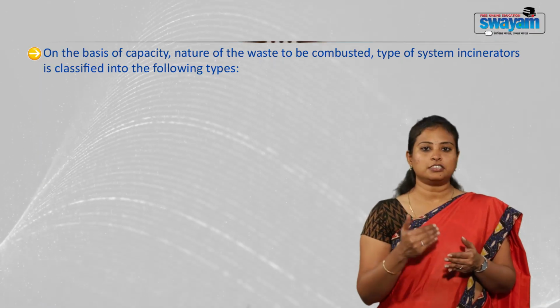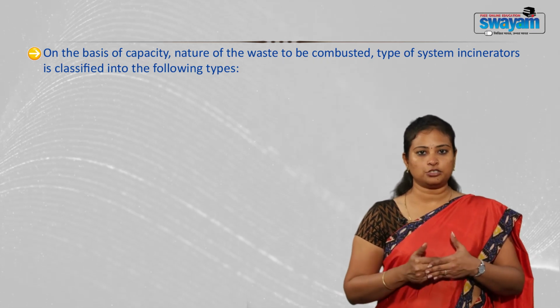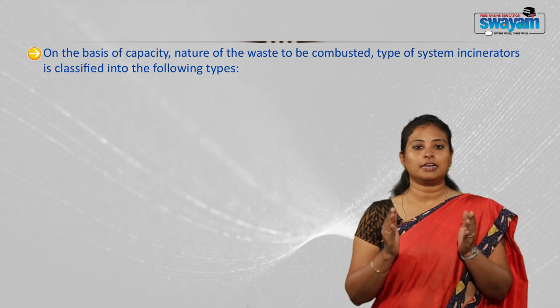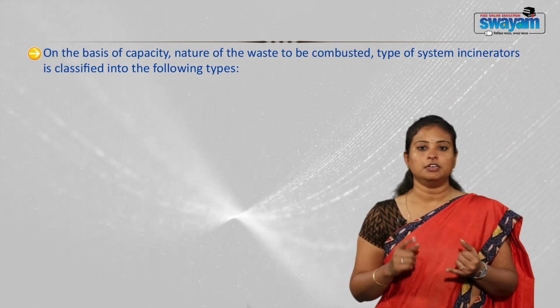These three T's, time, temperature and turbulence, are very important in any incineration technology or process. On the basis of capacity, nature of waste to be combusted and type of system, incinerators are generally classified into the following types: